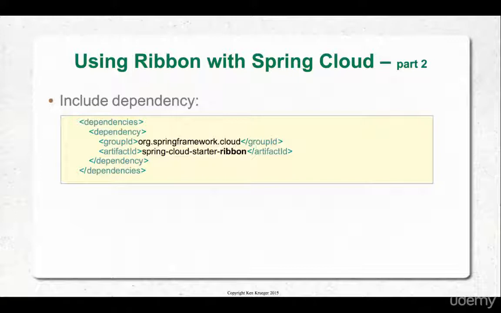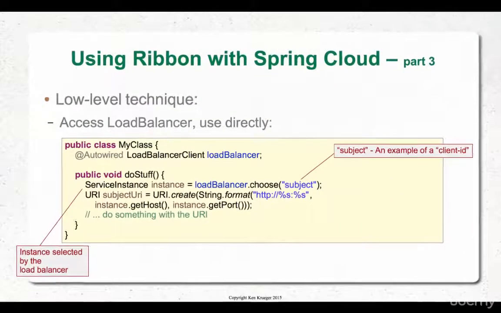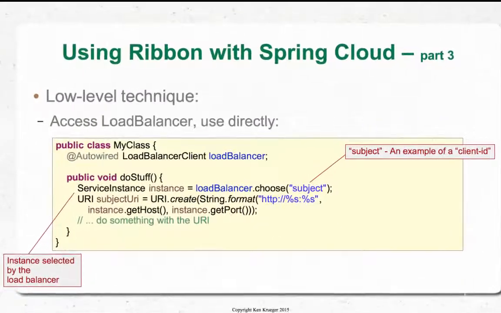There is no Ribbon server. The closest thing conceptually to a Ribbon server would be the Eureka server, as this is the component that is going to supply us with the list of clients. Now, with the dependencies all set up, all one needs to do is access the Ribbon load balancer in the